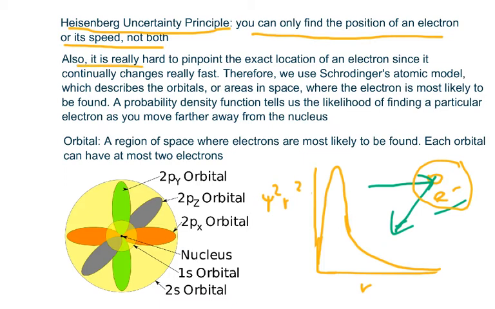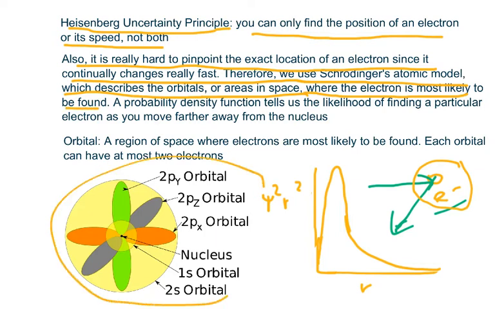And now it's also really hard to pinpoint the exact location of an electron since it continually changes very fast. Therefore, we use Schrodinger's atomic model, which describes the orbitals, or areas in space where the electron is most likely to be found. And in this image, we have a few orbitals. So for example, the 1s orbital, where the 1 is the principal energy level we discussed in the previous video, and s is called the sublevel,